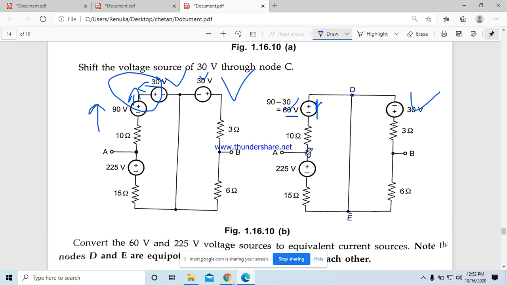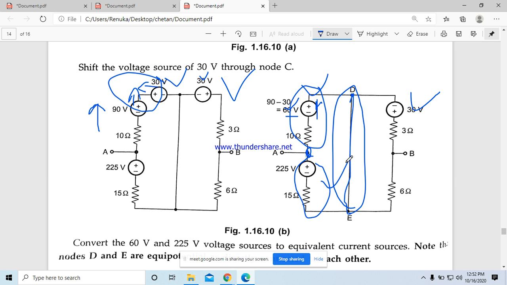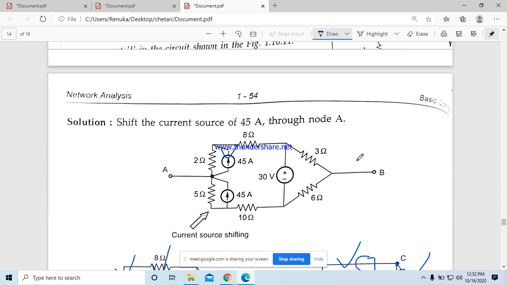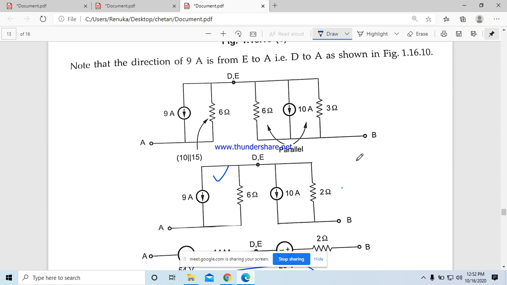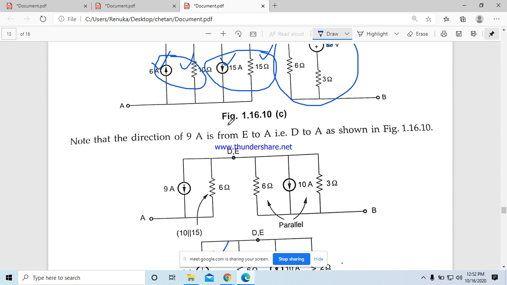You can observe that this is common for this setup and this setup, and this D and D, these two are short connected, right? If you look here, what you can see is that this setup and this setup, these two are parallel, right? If you look at this section, you can say that this voltage source in series with this resistor, and this voltage source in series with this resistor, these two are parallel. So what can you do next? What is the next procedure? Draw like this.